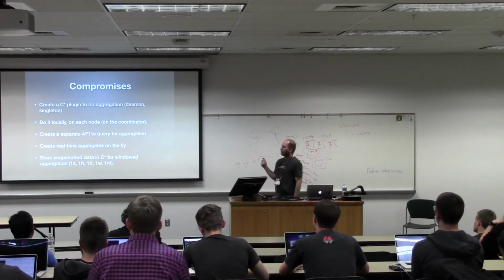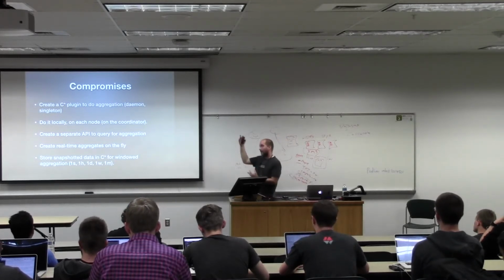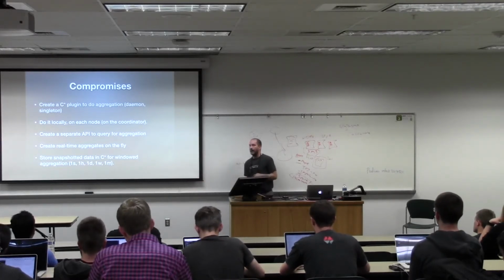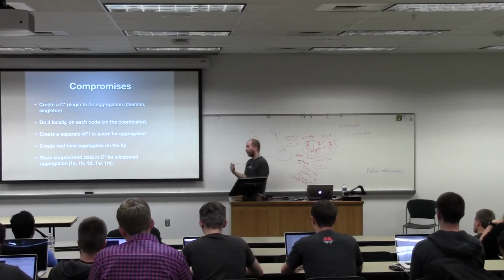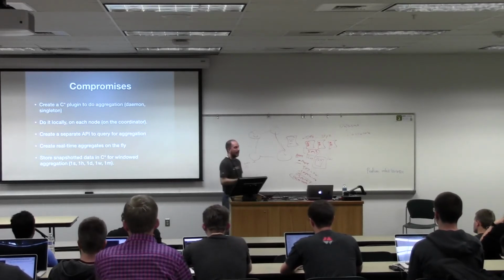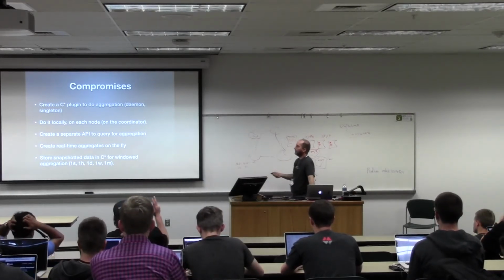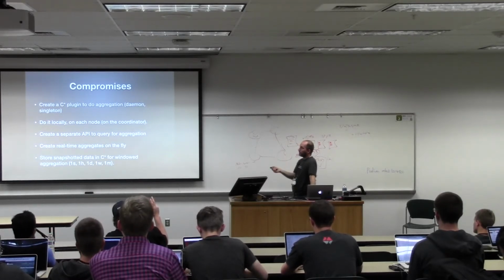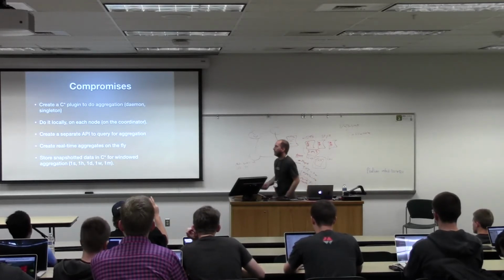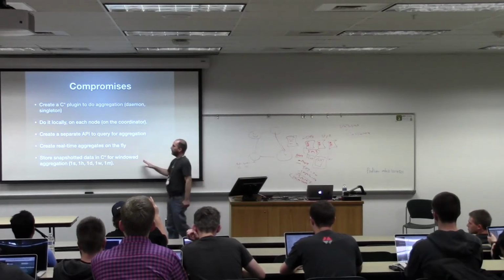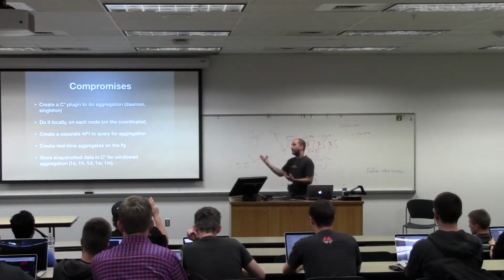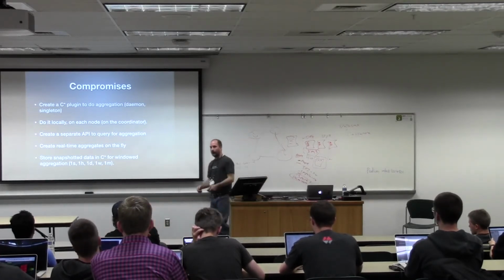So I can create an API to query for that aggregation, because it's not really stored in the database in the same way that the other data is. And then I can create real-time aggregates on the fly, because I have all the source data stored locally. If someone asks me what happened in the last minute or two, I can actually read the source data, or I could read the aggregates, right? Depending on how I create the system, I could do the aggregation in real time, or I could do it in batch. It's all up to me, right? And again, of course, you'd want to store that snapshot of data in Cassandra for the windowed aggregation. So that daemon, that singleton that I put up there, every second, every hour, every day, I might snapshot that data into Cassandra so I can read those things individually.